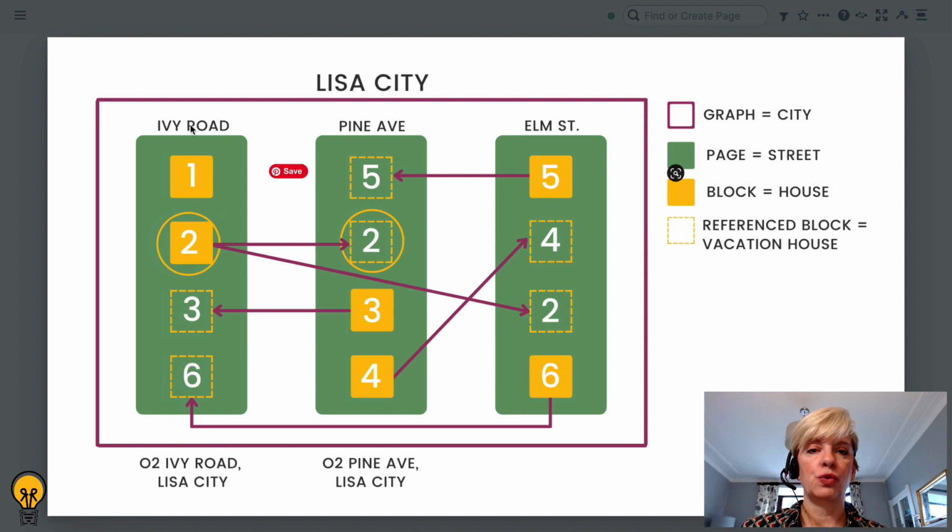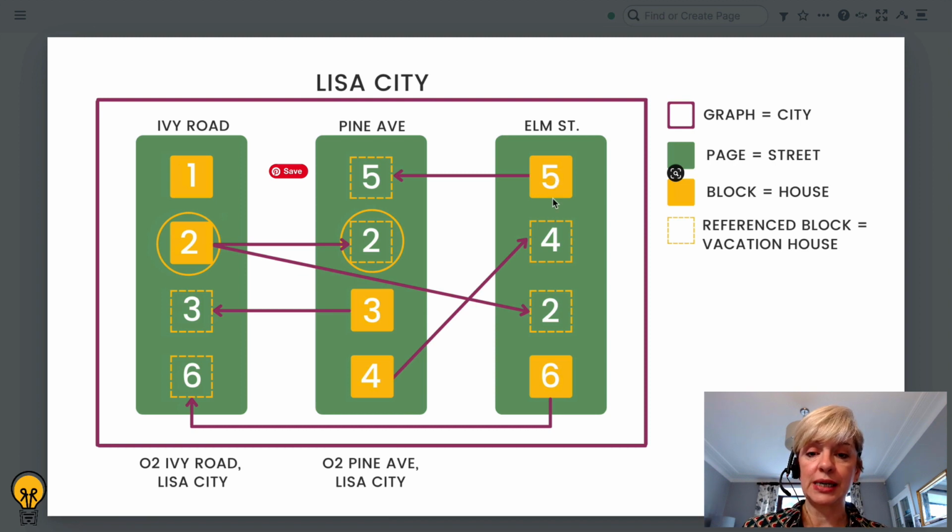So I have a page called Ivy Road. I have a page called Pine Avenue. I have a page called Elm Street. And then on those pages, I actually have blocks of text. But those blocks are identified by a unique number. So what's actually